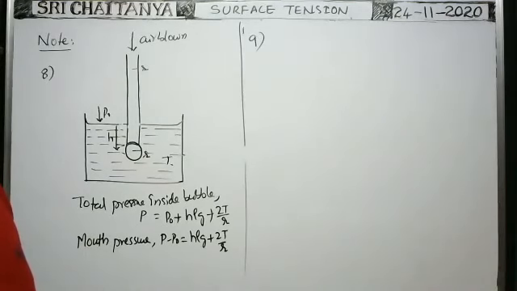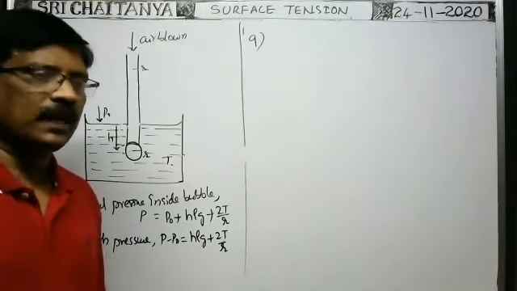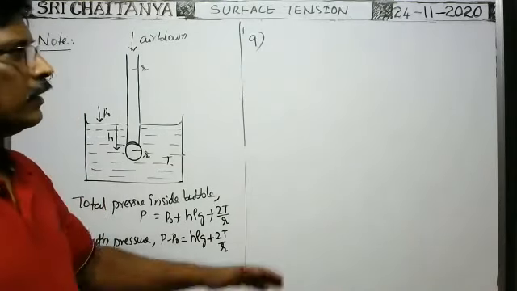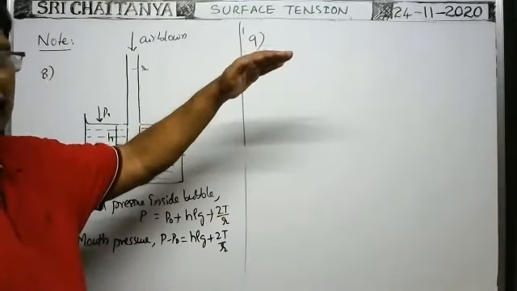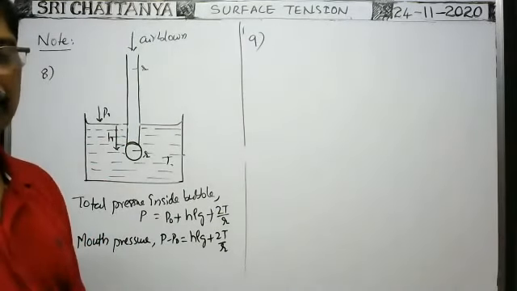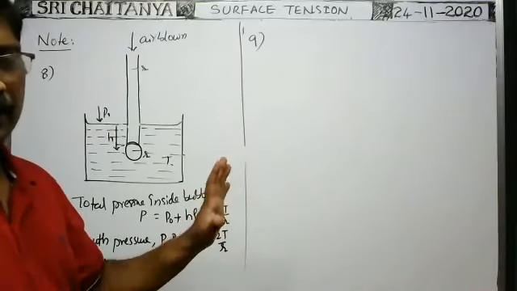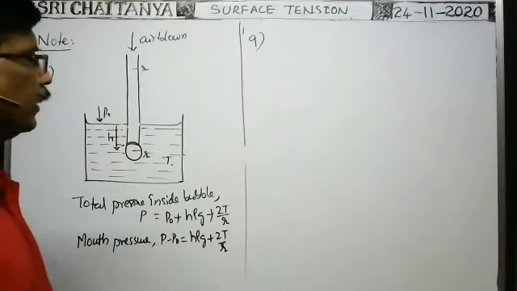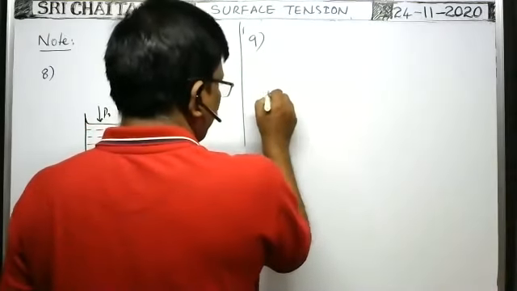In the previous case, when R1 is equal to R2, surface tension is not infinity actually, theoretically. Both levels are the same. The capillary rise in both the capillary tubes is the same. That is all.